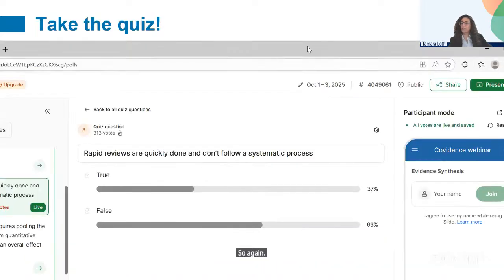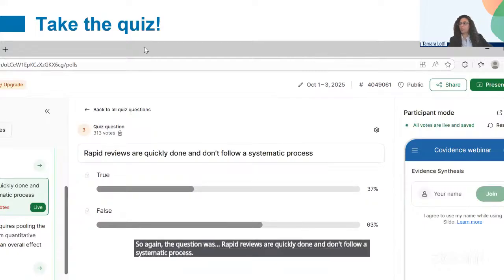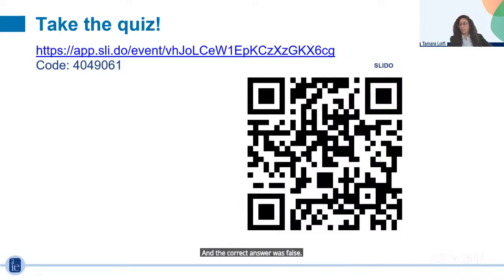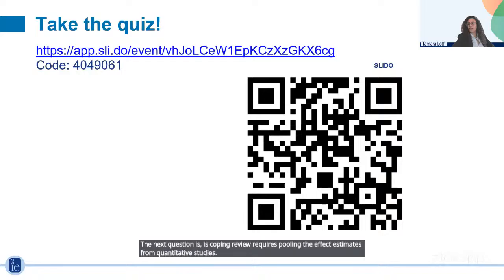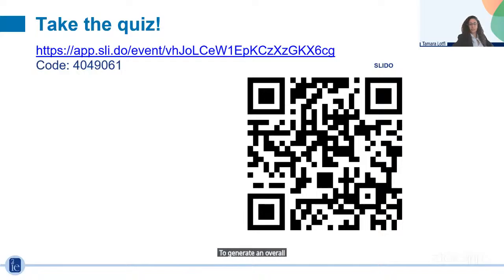So again, the question was, rapid reviews are quickly done and don't follow a systematic process. And the correct answer was false. That's great. The next question is, a scoping review requires pooling the effect estimates from quantitative studies to generate an overall effect estimate.